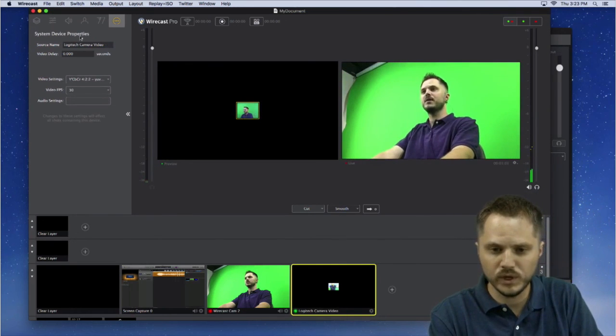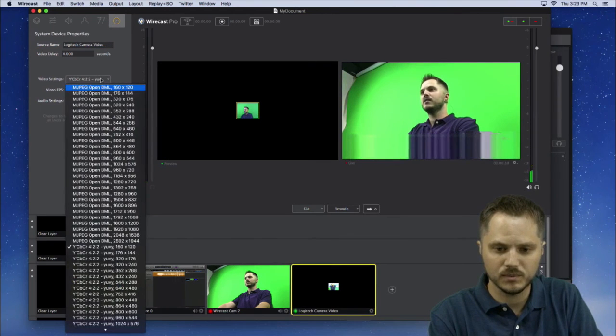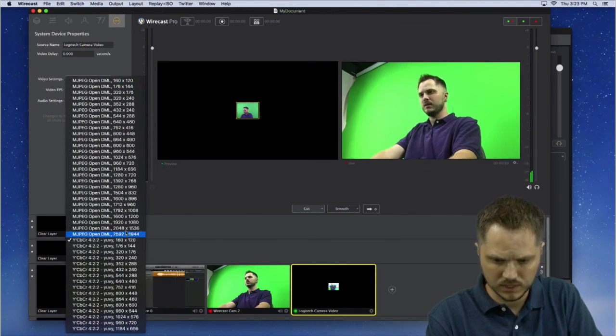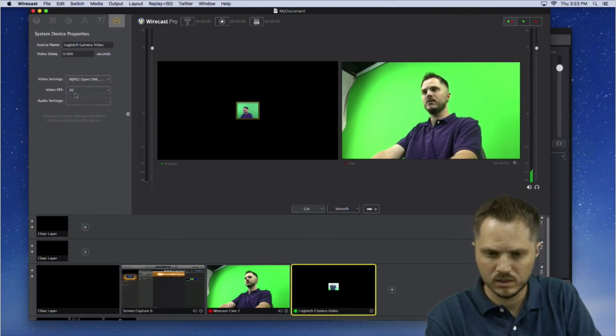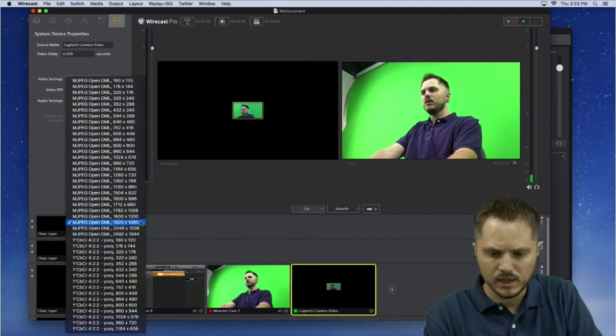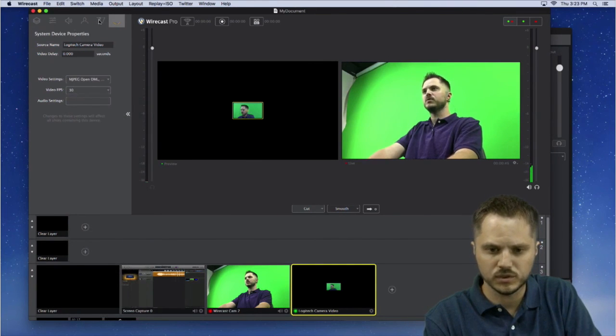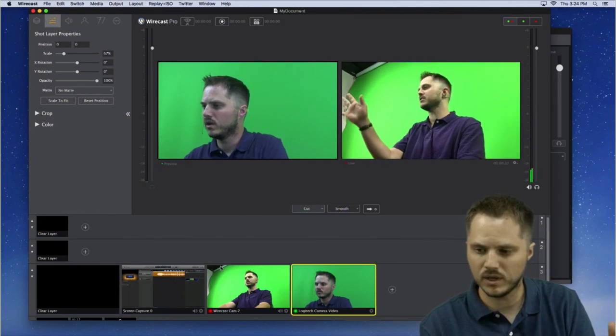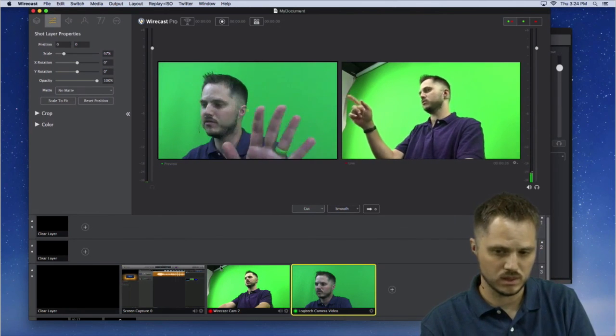That's coming in really tiny. Let's up the resolution of that. I think it can go up to 1920 by 1080. And then we'll just fit to screen here. Okay, so there's my Logitech video camera, which should be right there.